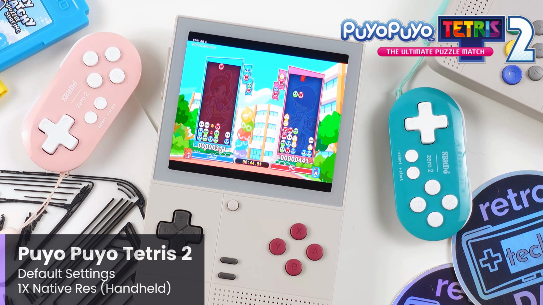The best part is that it runs really well in native resolution, and the only time I really experienced a frame rate dip was at the menu screen right before starting a match, which isn't too much of a deal breaker and well worth the trade-off to have this awesome puzzle game playable with Sudachi. And again, thanks to the art and gameplay style, I think it's another one that works really well with the